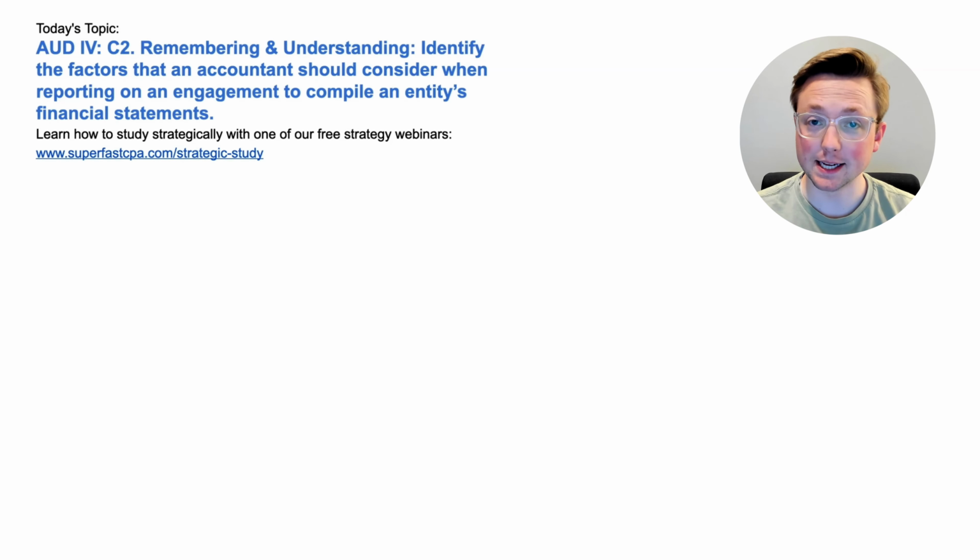I'm Logan, and in today's video, we're going to be going over Audit Area 4. This is Section C2. This is a remembering and understanding topic. Identify the factors that an accountant should consider when reporting on an engagement to compile an entity's financial statements. And we're going to be doing that the SuperfastCPA way, which is diving straight into the questions to learn the